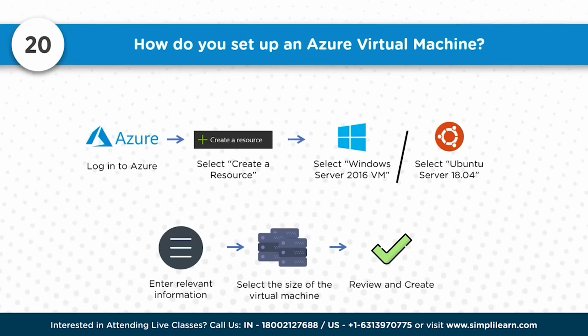So select the size of the virtual machine, review everything, whether they're good or not. If there are any changes required, go back and edit them, and then come back and launch, and your VM is there for you to start working within 3 or 4 minutes, not even 5 minutes. Within 3 or 4 minutes, it gets ready and you can start working on it. So it's quick and it's a 5-step process, and you should be able to answer it easily if you have done a few labs